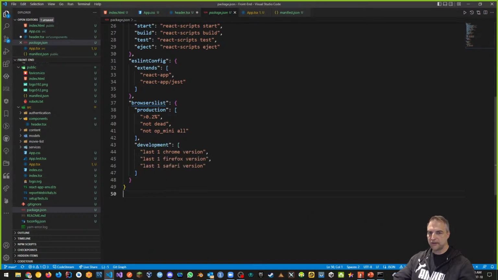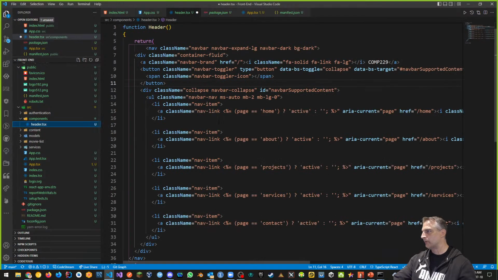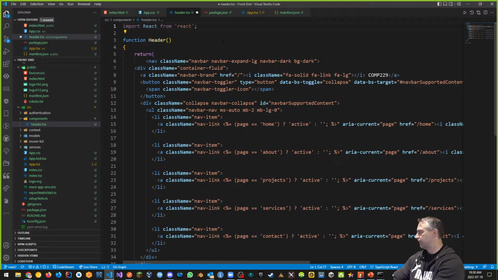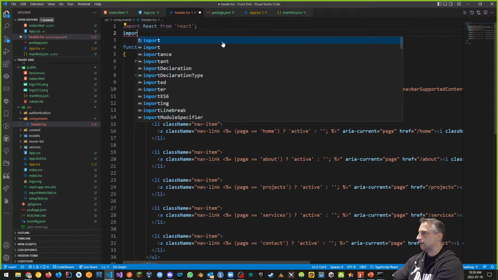So now that I've got the requirements, I'm going to go back to that component we were making. Like I said, whenever we want to navigate with React, we want to use some kind of router to do so. So for now, to continue moving forward with my header, I'm going to start importing some stuff. I've imported React. That's cool. I'm also going to import, here's a new one,